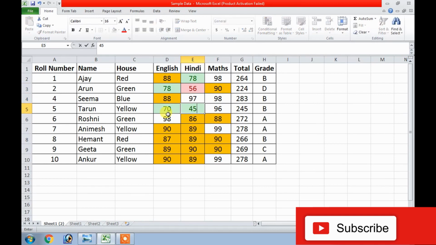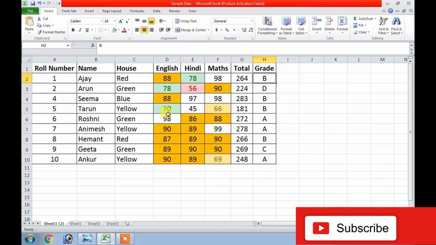If I do it 45, the color is not there. Why? Because no condition is provided. And if I give 66, then this color. If I give 69, this color. So you can observe how with the help of different values we can provide different conditional formattings.